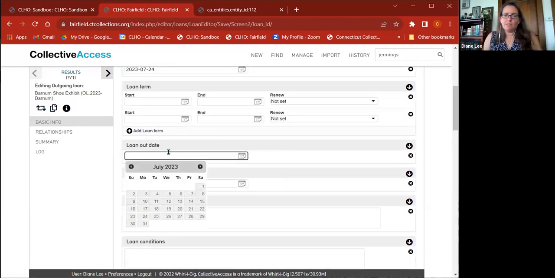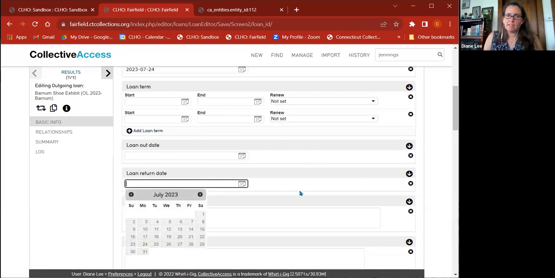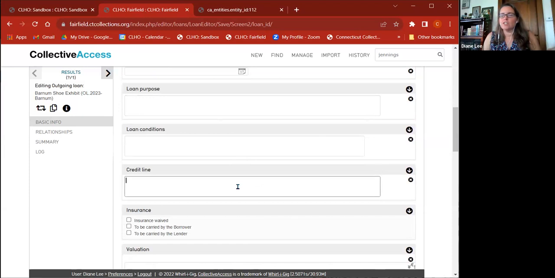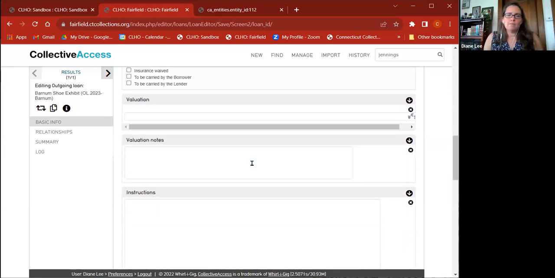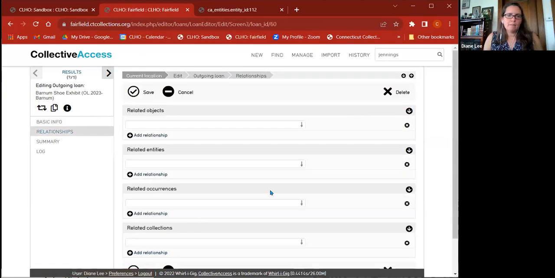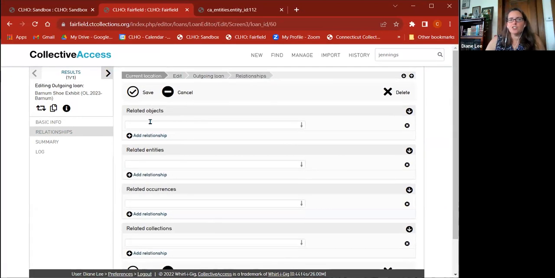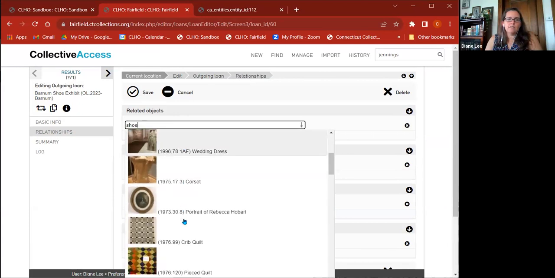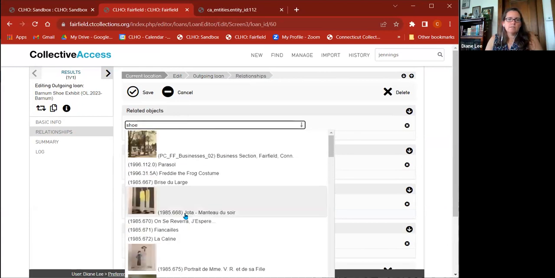You can say when it actually left the building, when it came back by calendar date, loan purpose, exhibition, put the exhibition title down if you want, any conditions, credit lines, courtesy of the Fairfield Museum, things like that as you go down. You can also from here relate to other objects. So if you want to relate to shoes or something, you can start putting in items that you have that are going for this exhibit. And it'll just pick from your